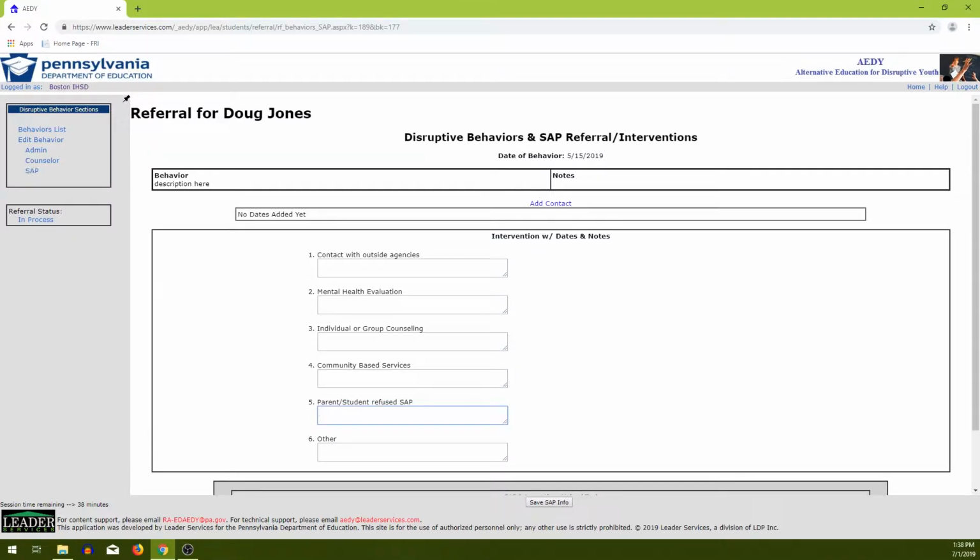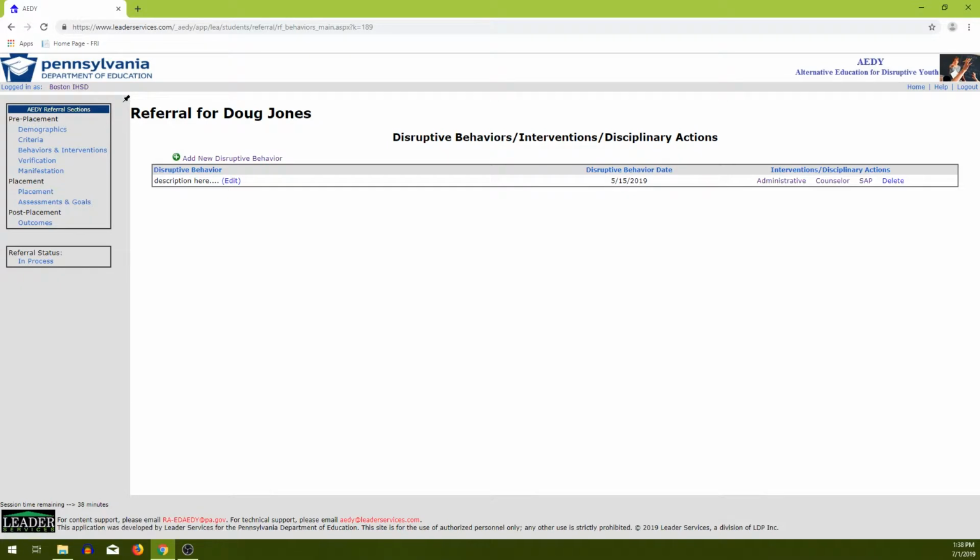Once you've entered all information in regards to this behavior, you can click back to behavior list, where you'll see all behaviors entered on this screen, and this is just the one that we entered for this demonstration. If there's multiple behaviors, you would click add new disruptive behavior again and repeat the process. The fourth section, verification,